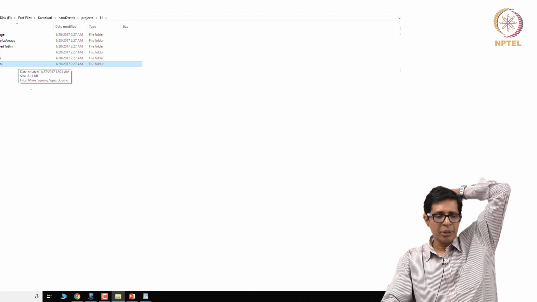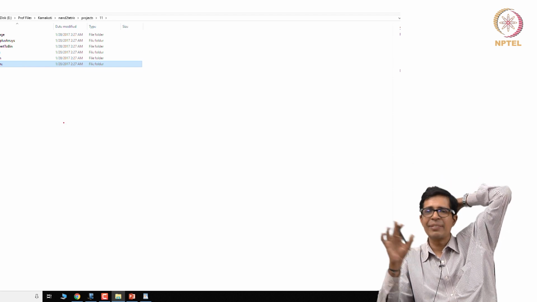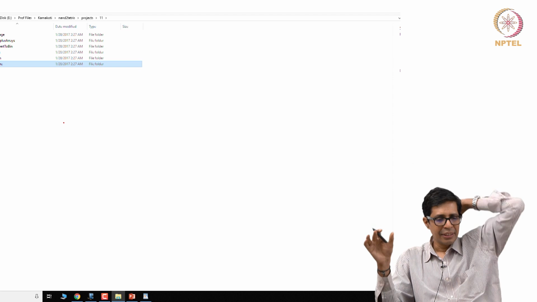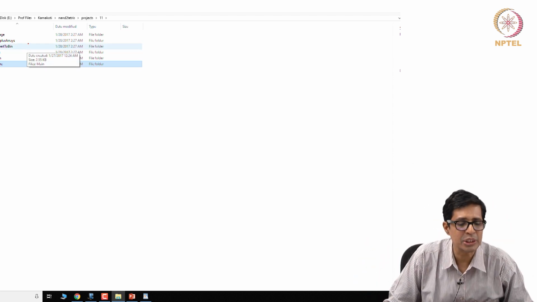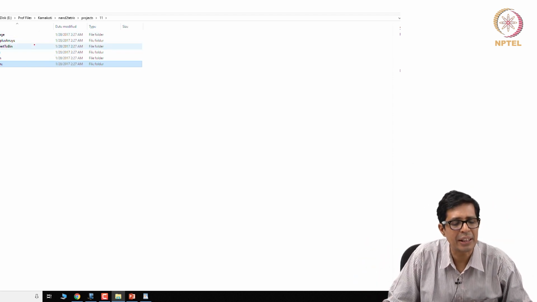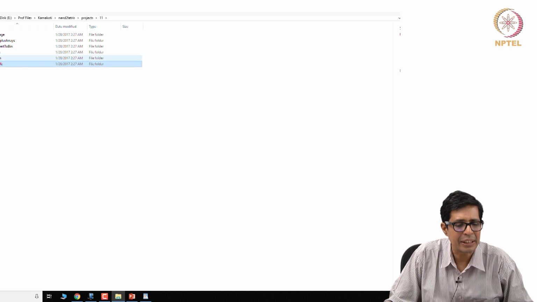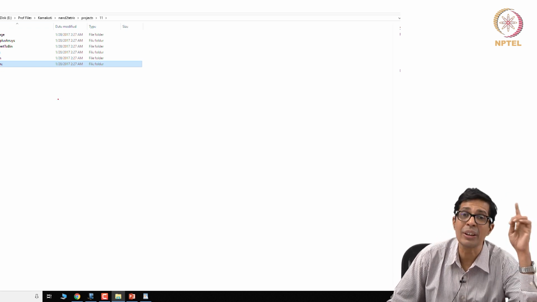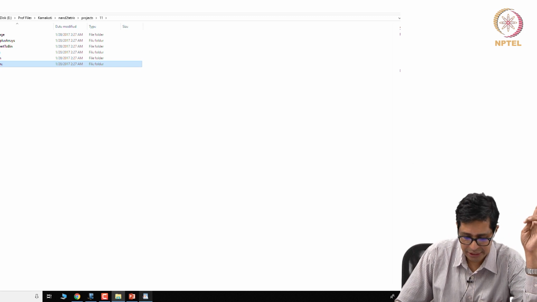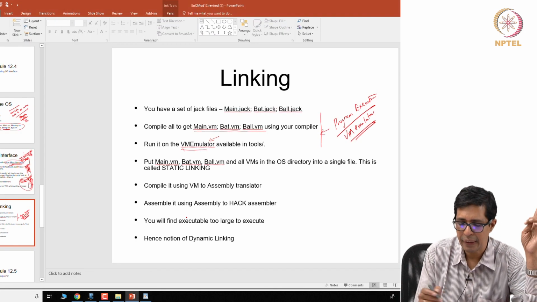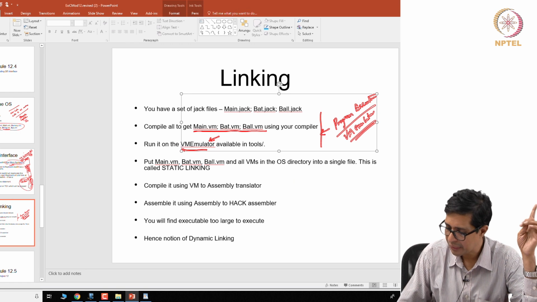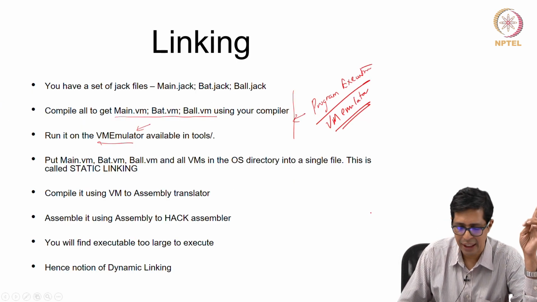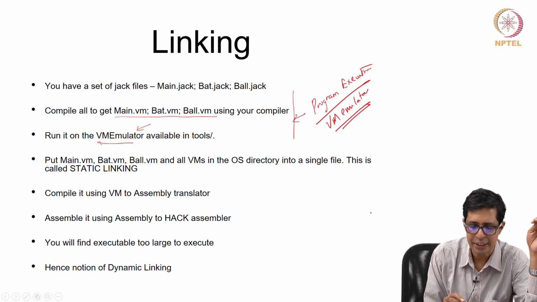Basically now use your VM emulator first to check whether they are working correctly, right. Now that is the first step. So that is what we want you to do as a part of project 11, right. Now that you have finished the compiler, you can compile all these files and see whether they are actually executing properly on the VM emulator, right. So that is something that you need to check up here. Okay. Now when that is done,